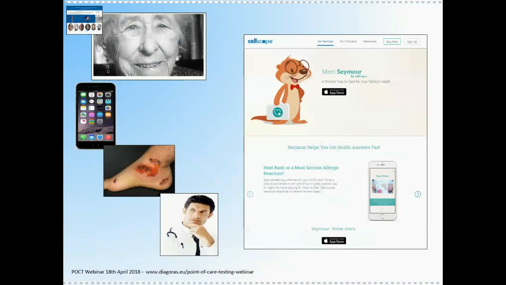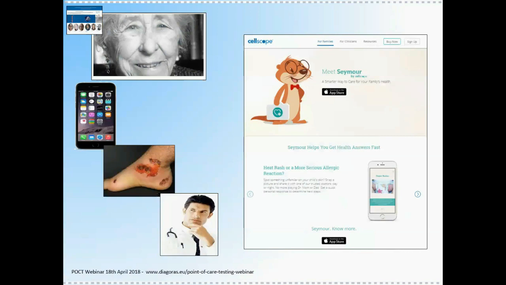However, here are two examples of another aspect of at-home testing, currently in use and under development, based on smartphone apps with or without additional diagnostic devices. It could potentially save unnecessary visits to family or hospital doctors. On the left is an award-winning app that allows patients to take photos of infected or healing wounds via a smartphone. This information is then sent to a remote physician who can provide advice to the patient without the patient suffering the inconvenience of having to visit a family doctor or a hospital.